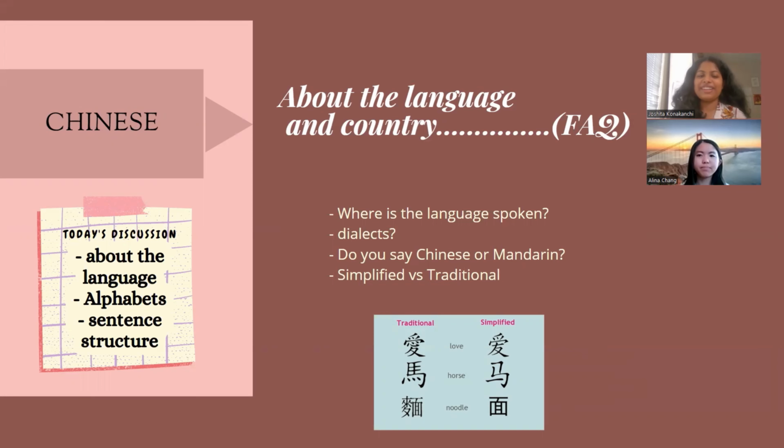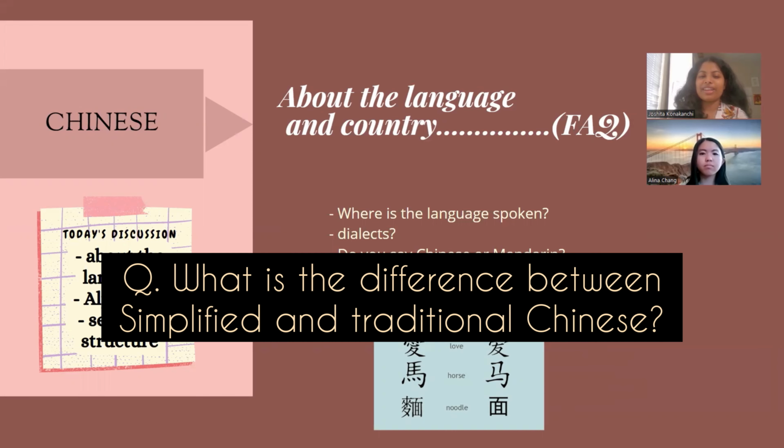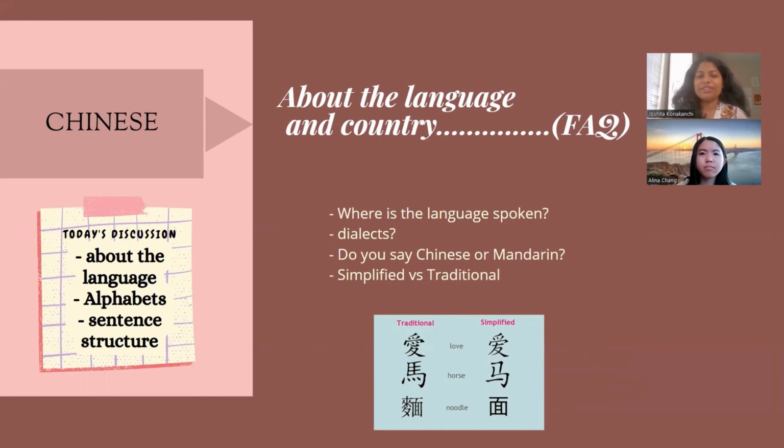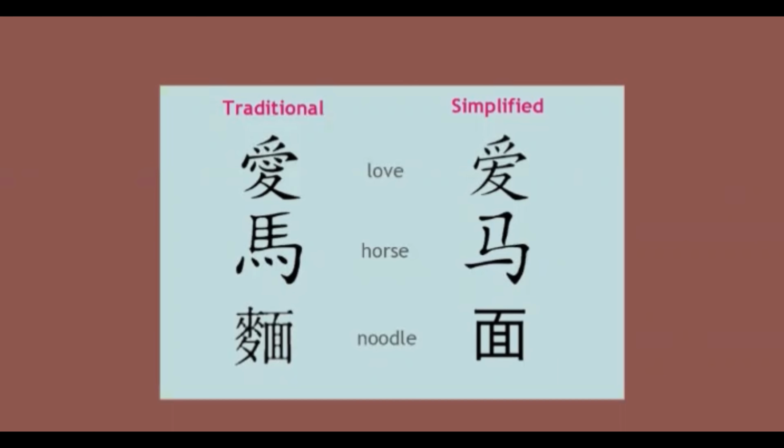Yeah. Okay. What is the difference between simplified and traditional? Because on Google Translate, when I say translate the sentence to Chinese, it gives me two options, simplified or traditional. Yeah, so if you look at the picture right here, it shows you that simplified characters